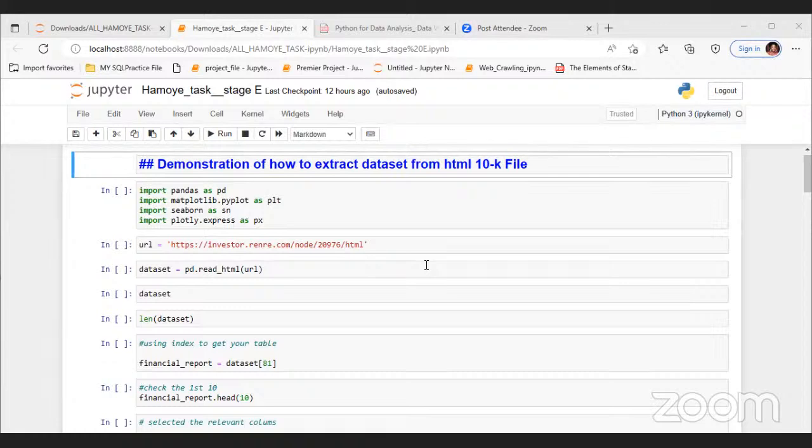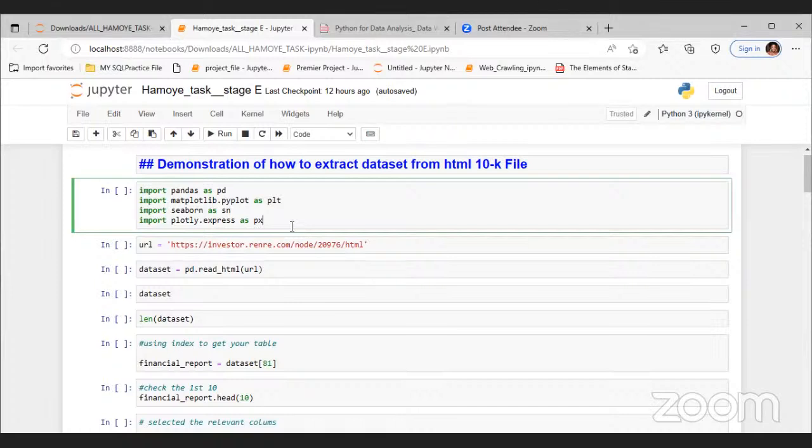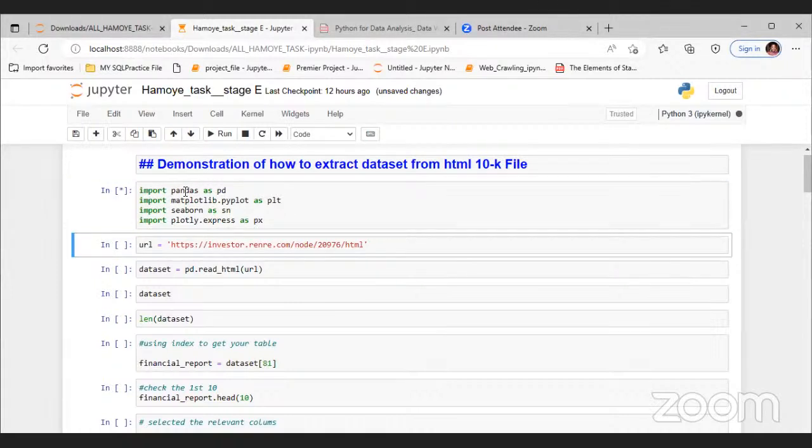Sorry about that. So in this section, I'm going to show you how to extract a data set from an HTML 10K file. At this point, I imported the necessary libraries. It's running, so I have to wait for it to run totally before I proceed. Okay, this is the URL address, the website address of the company. I named it URL. So when I run this, then to get these data sets,